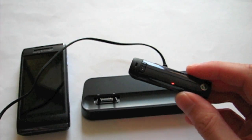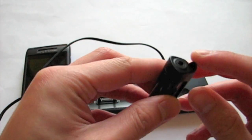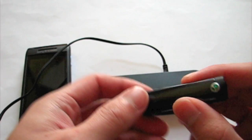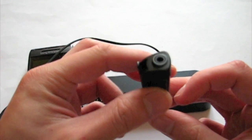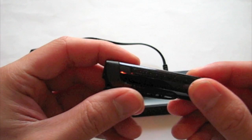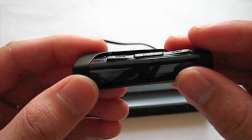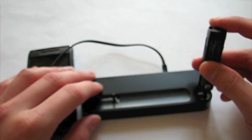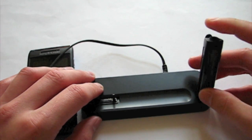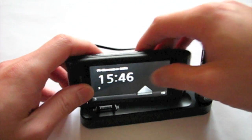And this is used for connecting to the actual phone via Bluetooth, and you can plug a standard 3.5mm headphones into that, and that lets you stream stereo music, A2DP compatible, from the phone to any headphones of your choice. It does come with a set of headphones in the box. It's got a kind of touch sensitive volume slider on the side here, and you've got some playback controls on the side there, and this little clip on the back for clipping to whatever it is you're wearing, and the power button on the bottom, and that charges through the little dock which comes with it in the box, which is quite handy. And we can dock the phone for charging and data connectivity